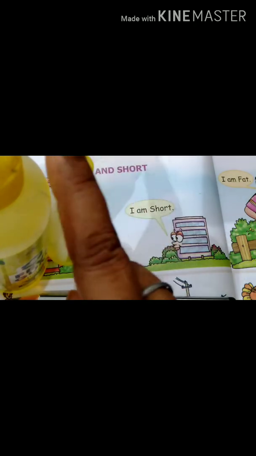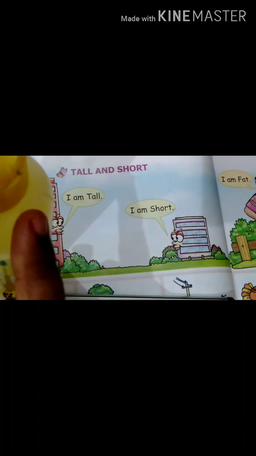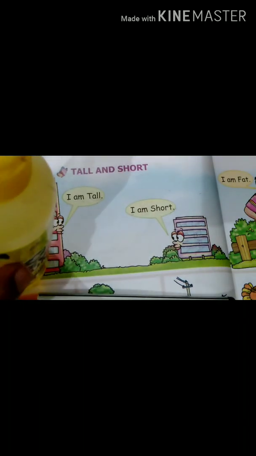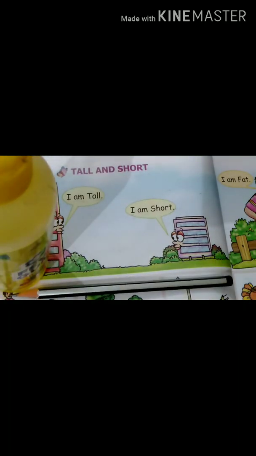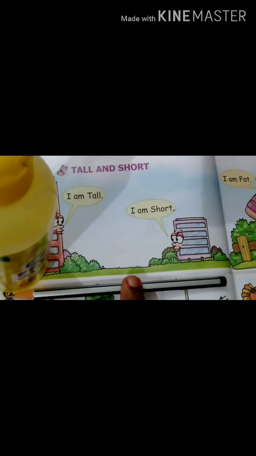A thing we can measure in vertical position, we can say it is tall, and a thing we can measure in horizontal position like this, we can say it is long.